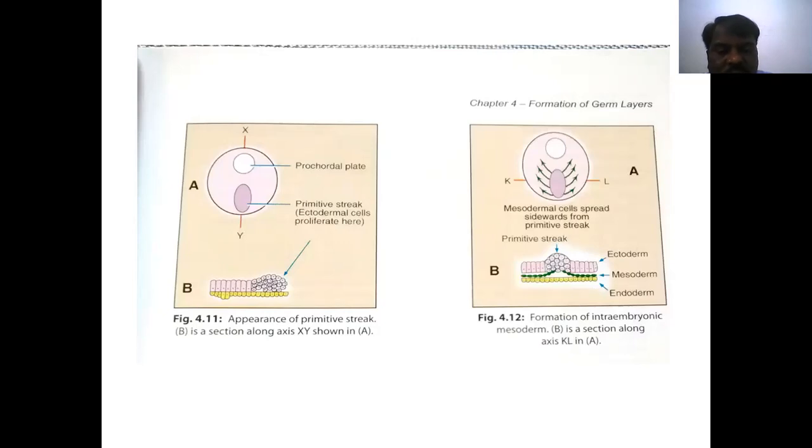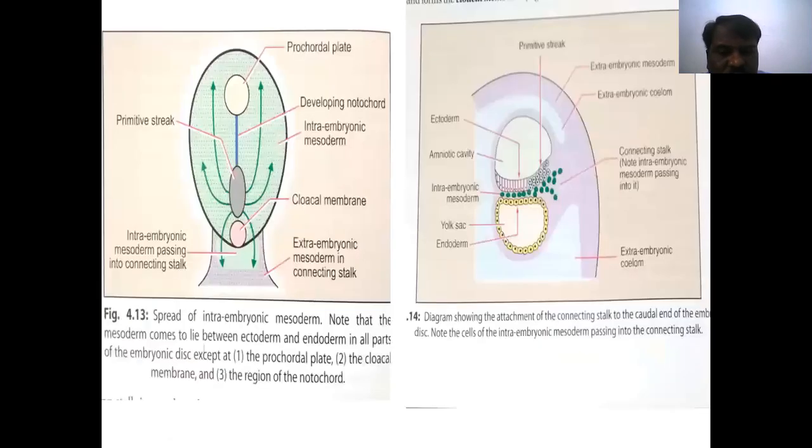In the tail end, the ectoderm cells are specialized and push to either side and make the third layer, that is the mesoderm. That is known as gastrulation. See here, these cells are also pushing between the ectoderm and endoderm, going to either side of the extraembryonic region, except at the procaudal plate and the cloacal membrane in the center. Remaining all regions, we identify this as intraembryonic mesoderm.